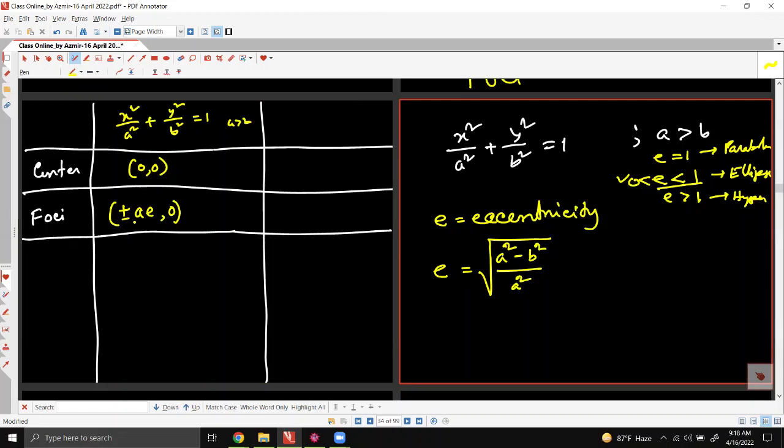So if we have e, then we can easily multiply a with e. We will get ae. Plus ae and minus ae can be found after having e in our hand. So this is about foci. Then